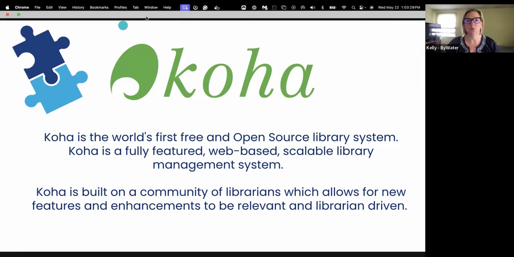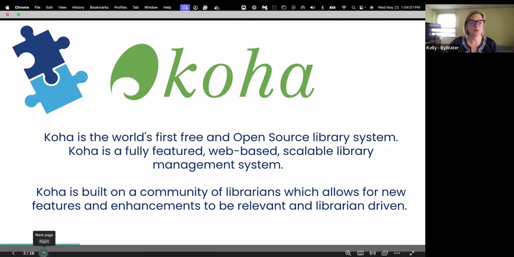The other key to Koha is that it is built by librarians for librarians. So this was created in 1999 in New Zealand by some librarians who were concerned with Y2K and how it was going to affect their current software, as well as just the rising cost of what they were paying for that proprietary software. So these librarians got together and created Koha, which has grown exponentially since 1999, and it's fantastic to see how much it can do, as well as what we're going to talk about today, how much it's going to be able to connect to other third-party